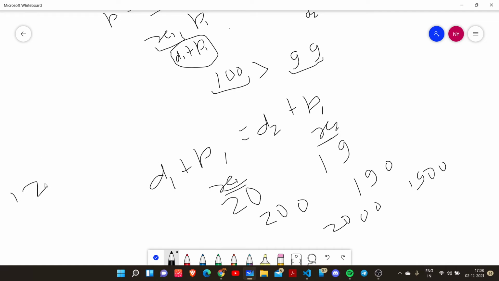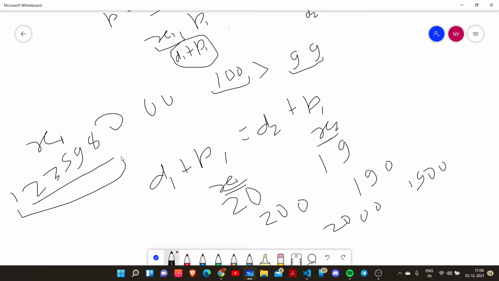For example, 1, 2, 3, 5, 9, 8. This is a 6 digit x1. After this, anything that follows is 0, because p1 can be anything up to 10 to the power 6, no matter how many zeros you add after this. So we are going to make both numbers 6 digits after adding the required number of zeros.